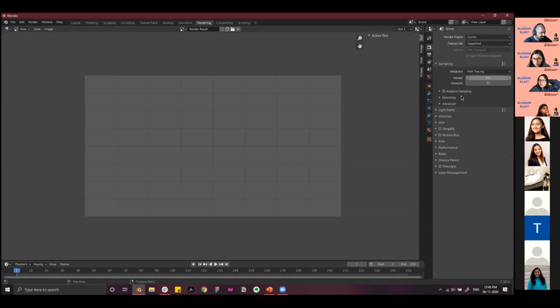You can also activate denoise, but let me find where that option is. For now, just click on the render option under sampling in the render tab and set it to 512. This will make your rendering process faster.